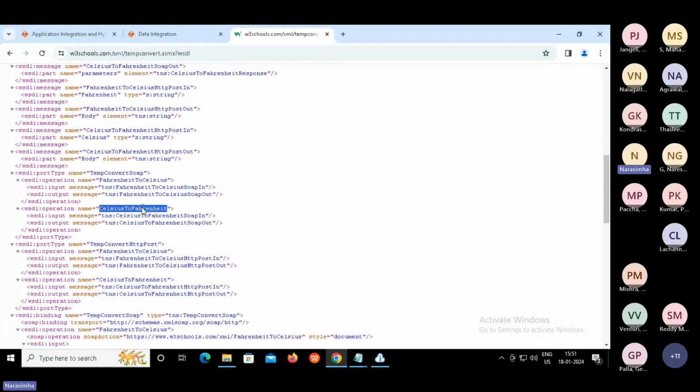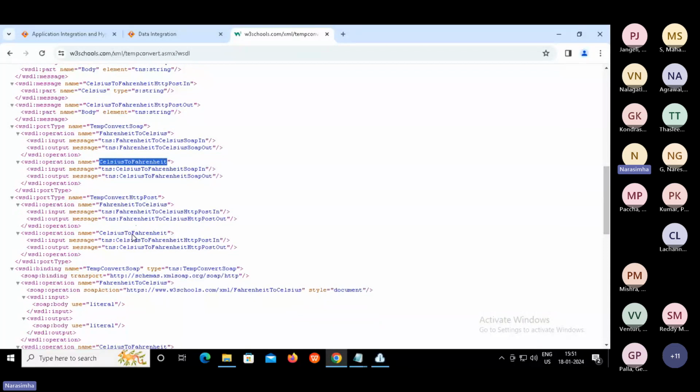So this is the first operation, Celsius to Fahrenheit, and then you will have one more, Fahrenheit to Celsius. So we need to look at the write protocol method. So this one, the other one is this. These are the operations that we needed, right? Yes or no? So we supply